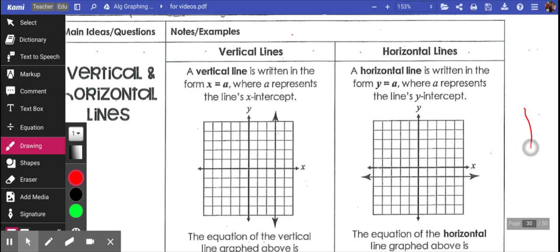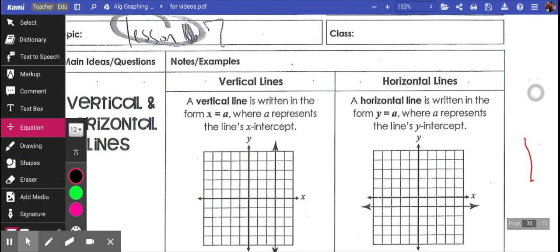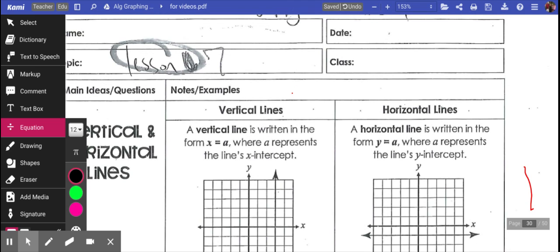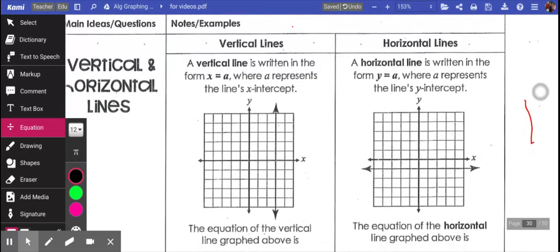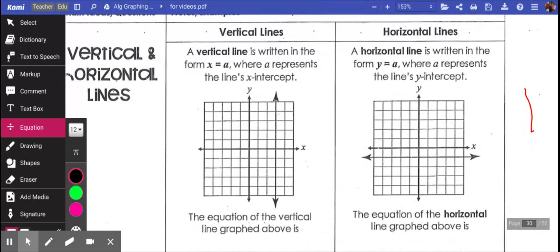Okay, we are skipping over to lesson 7 because it makes sense to do vertical and horizontal lines. So you have been graphing lines from the slope and the y-intercept. And now this is just all going to be vertical lines, which have that undefined slope, and horizontal lines, which have that zero slope. So a vertical line is written in this form, x equals a, where a